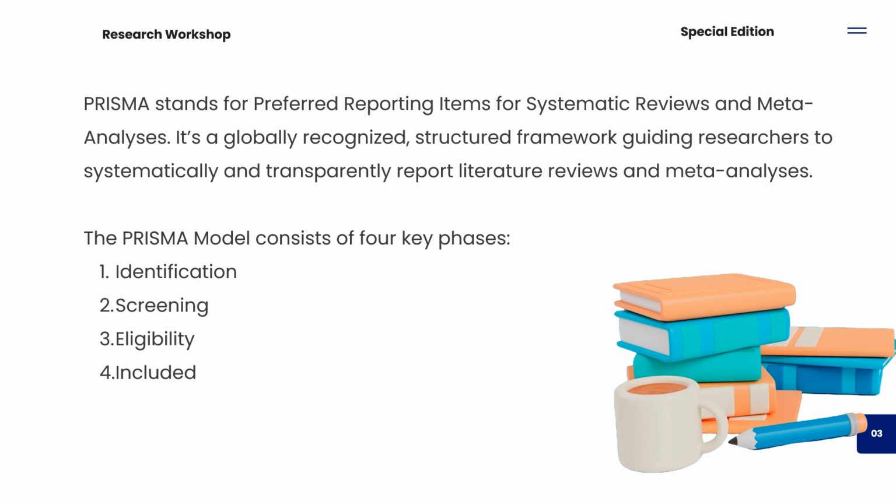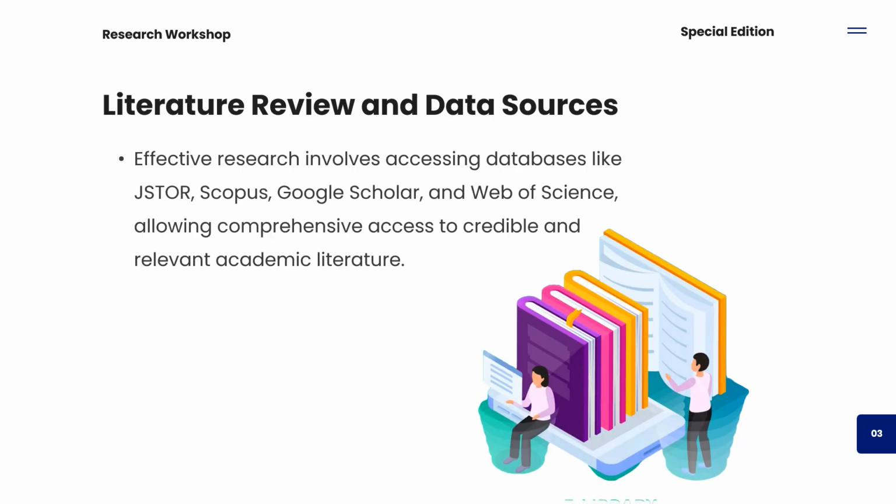All right. So you want to check all those conditions, and then you identify, you screen them, then check out the ones that are eligible for you to use, then you enlist them. That's the inclusion stage. That's the Prisma model in simple form. All right. So going forward, I'll talk about databases that you can use.